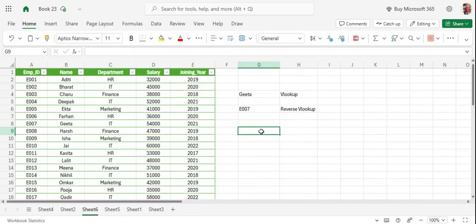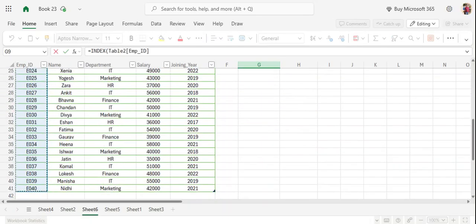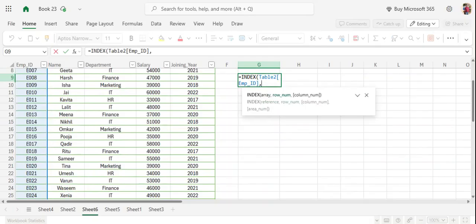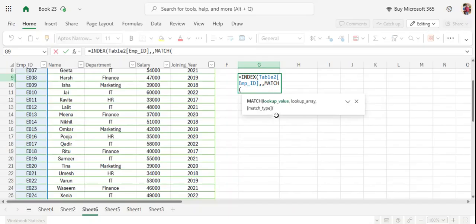So I'll show you. Here we use equal INDEX. Okay, INDEX. So here we select our index, this employee ID column. So I select this entire column, Control Backspace, comma. Here we use the MATCH function. Select the lookup value. So what is our lookup value? Here I type Gita,